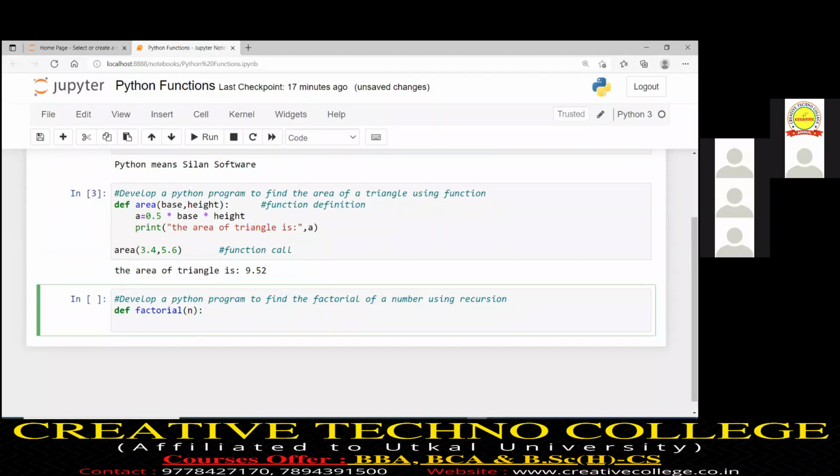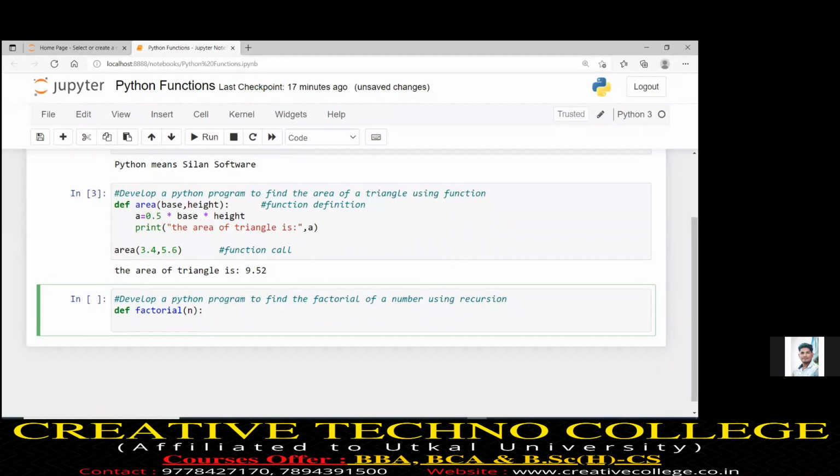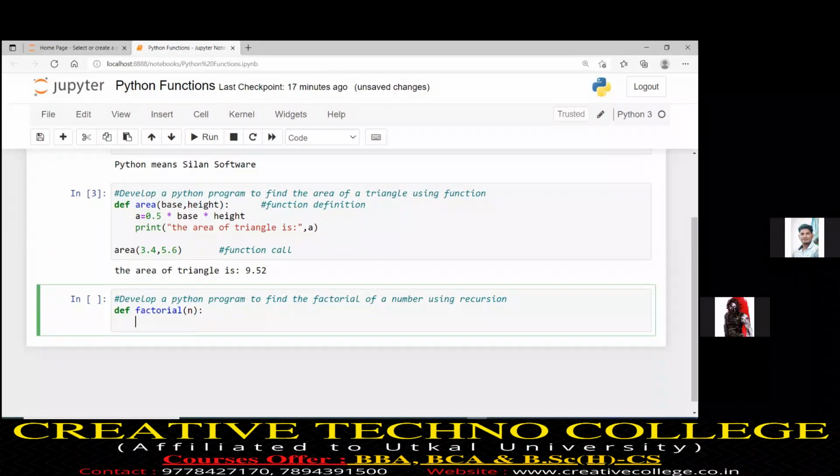Now the logic is what I told currently: for this problem, I saw n into factorial of n minus 1. But this logic is valid only above a certain number. Suppose your number is 0.